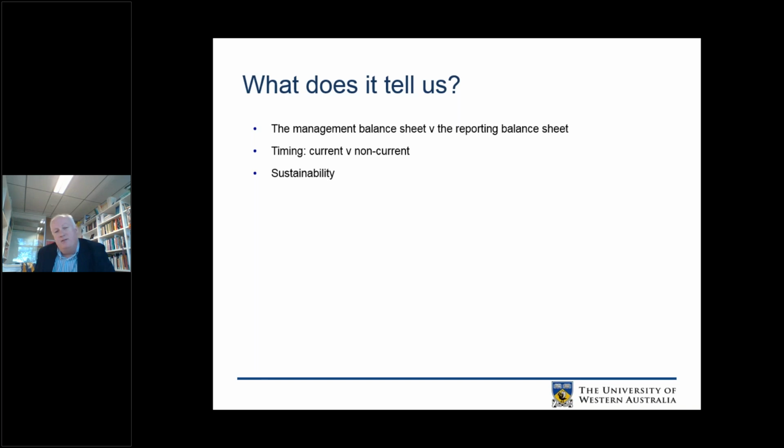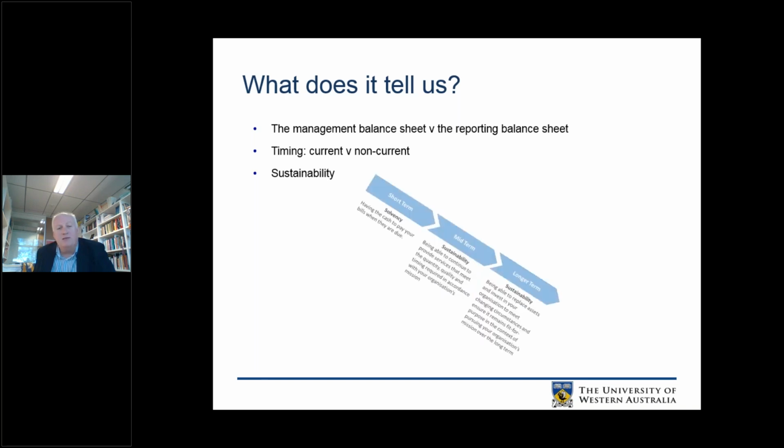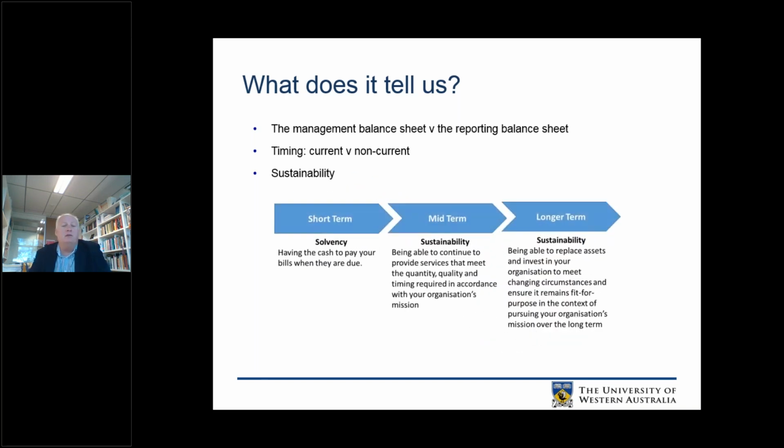So what does that mean? It means two things. Number one, that when we talk about sustainability in the tool, we're not necessarily just talking about the survivorship of the not-for-profit corporation itself. It's the survivorship of the corporation in being able to pursue its mission, to do the things it needs to do. And I think the management and forecasting of the balance sheet is an important part of the way those charged with governance, CEOs and others, are able to assess that sustainability. To that extent, sustainability means three things in three different time regions.